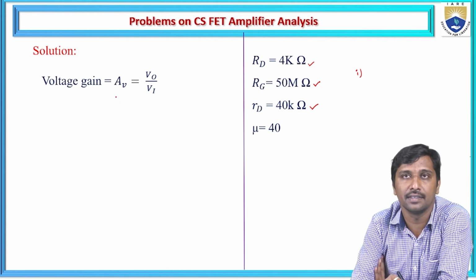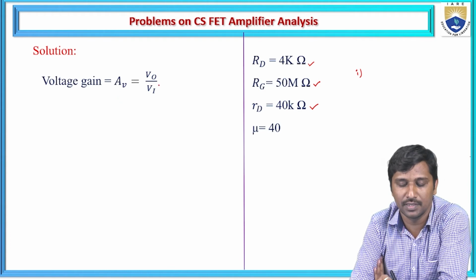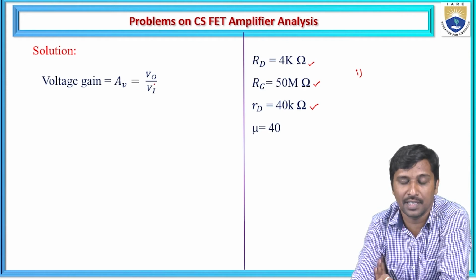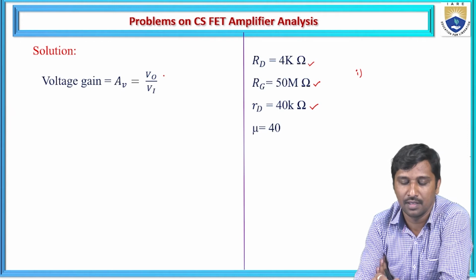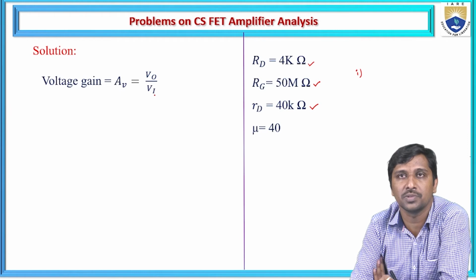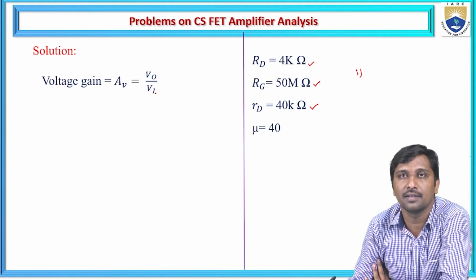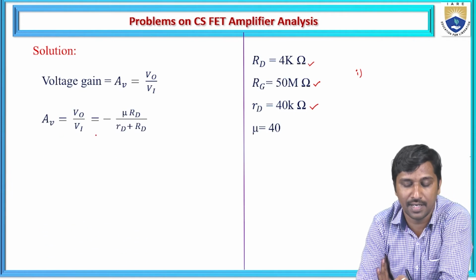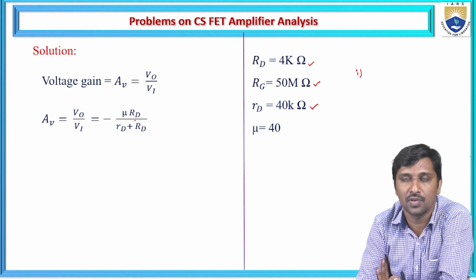The voltage gain is defined, this is the general definition, as the ratio of output parameter to input parameter. Here we are calculating the gain in terms of voltage, so it is the ratio of output voltage to input voltage. Based on the given specifications and the common source amplifier circuit, the voltage gain is defined as minus mu times